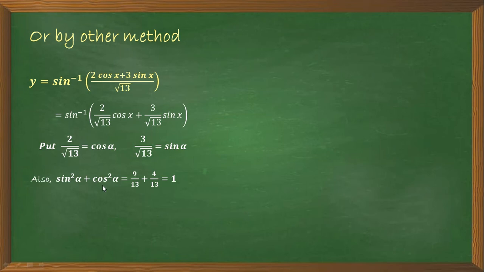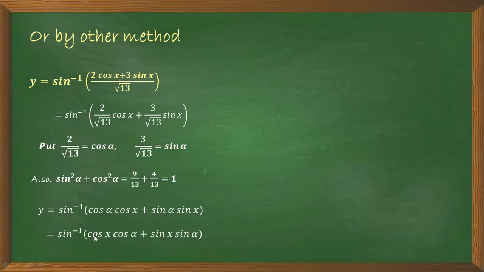But what happens further, see here, if you select like that, then we get sine inverse. Here you will get cos alpha cos x plus sine alpha sin x. We get this combination as per our consideration. Now if you observe this pattern, then it is the formula for cos ratio, means compound angle formula for cos ratio, because cos alpha cos x plus sin alpha sin x is the combination for cos ratio.